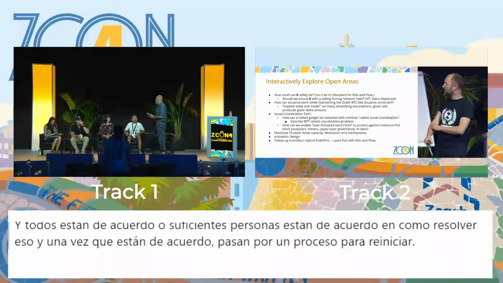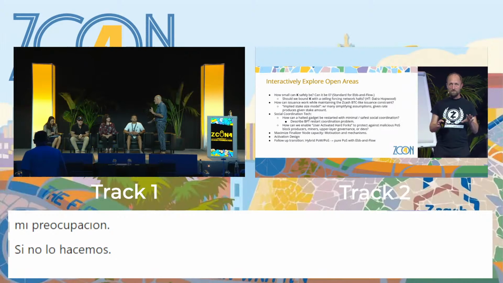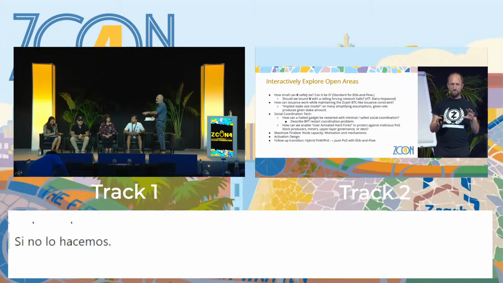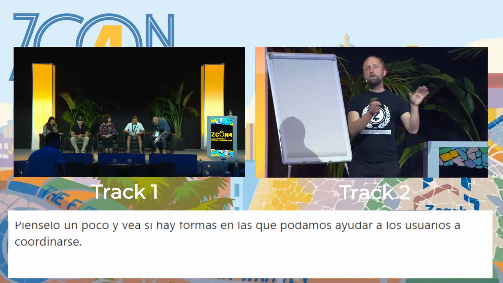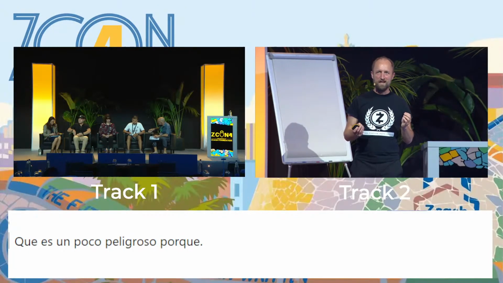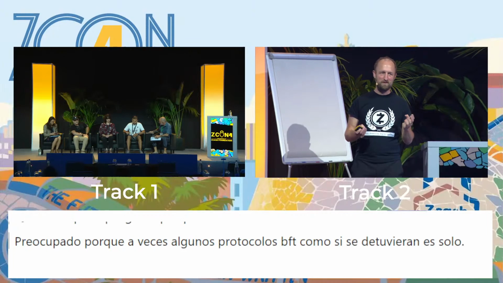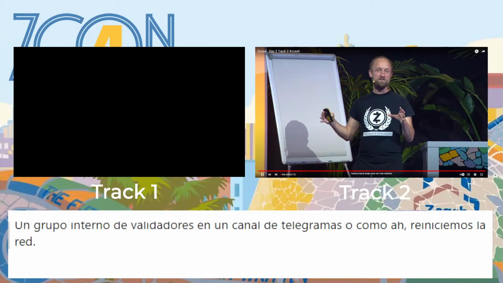My concern is that if we don't think about that and see if there are ways we can help users coordinate, it's kind of dangerous. With some BFT protocols, if they halt, it's just an in-group of validators in a Telegram channel saying let's restart the network, tell me your IP number or whatever. That makes me really nervous, because what if some of those folks are malicious and users know that and